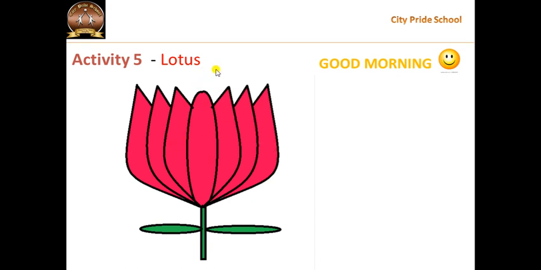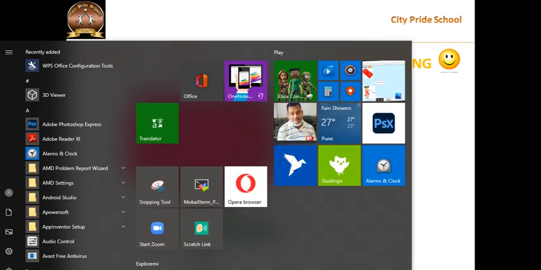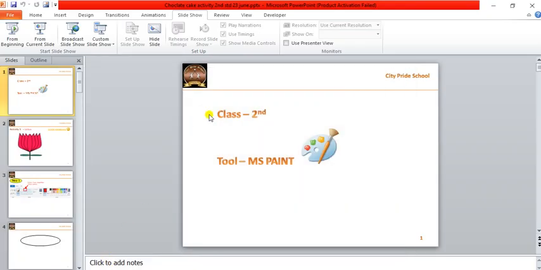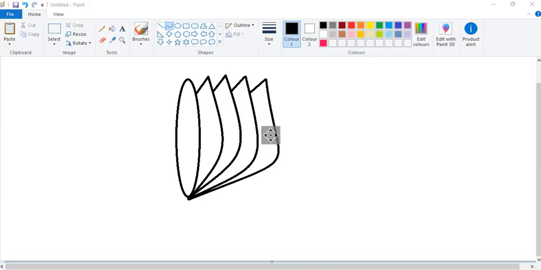If you observe this right side part and this left side part is mirror image of the right side part. It looks like the same. So, for this, no need to draw again this part here.